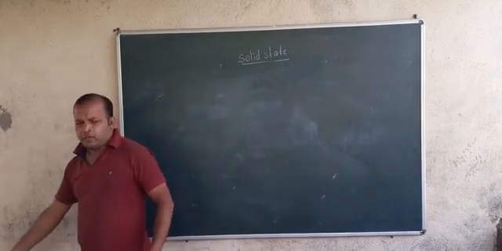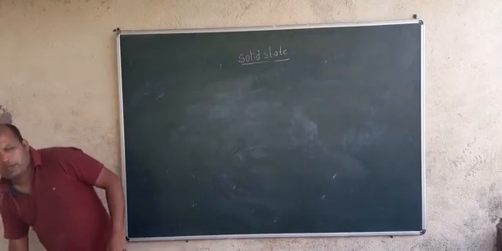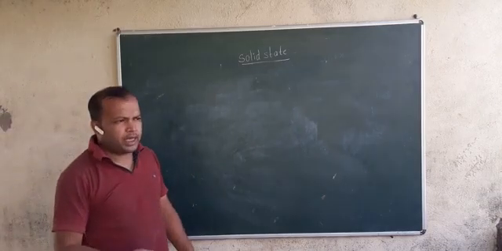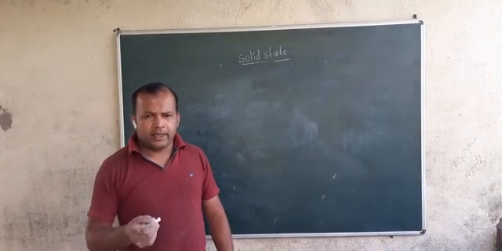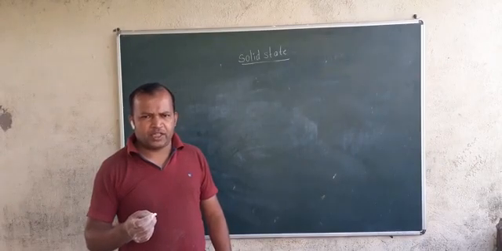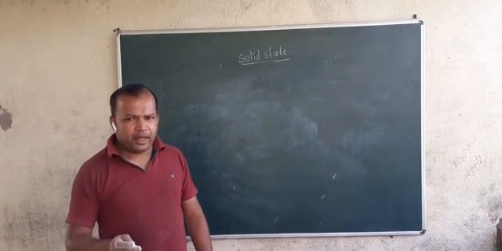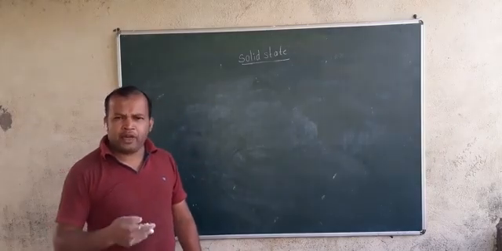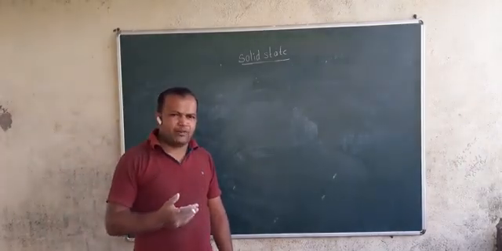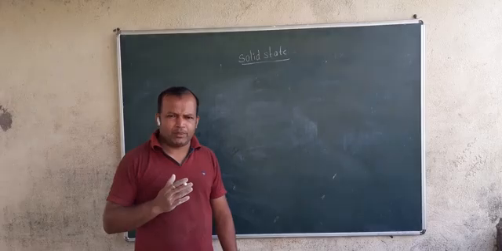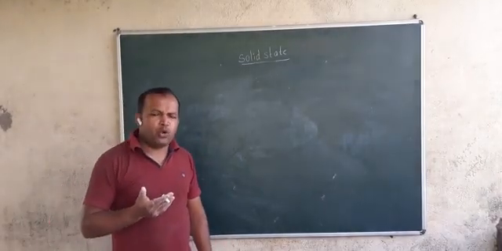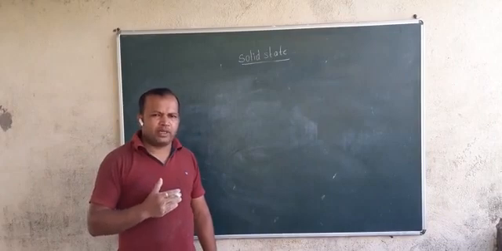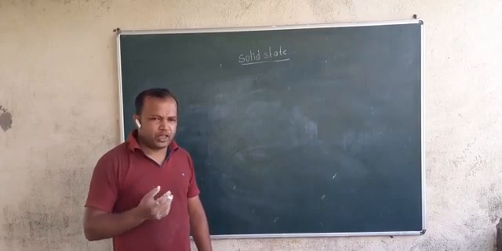Now students, the next point is very important. If the question is asked, how many types of crystal systems are there? Then there are 7 types of crystal system and 14 types of Bravais lattice. And what is this Bravais lattice? I am going to explain it to you. And with a short trick I am going to explain how to remember all these 14 Bravais lattices and 7 types of crystal system.